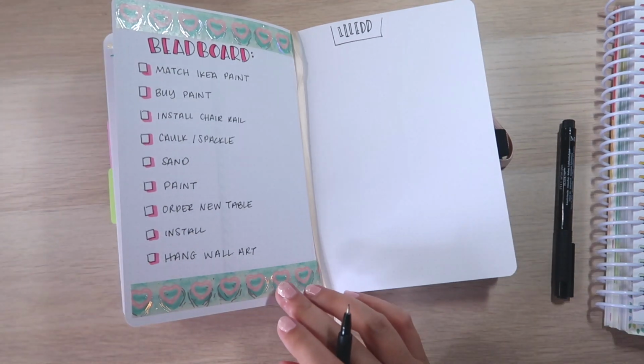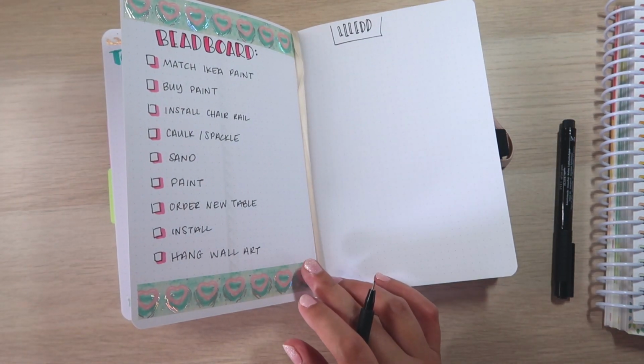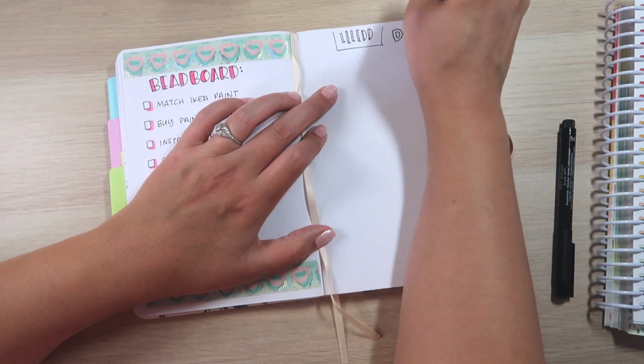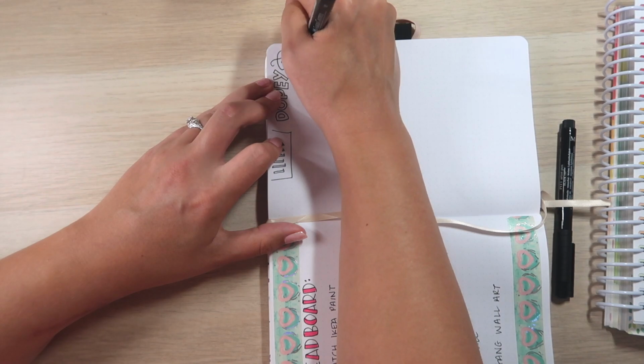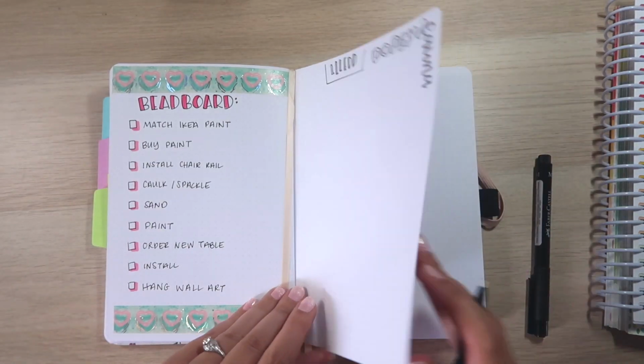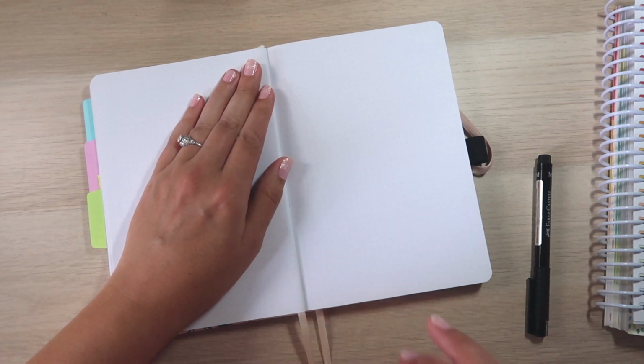I'm not going to put washi because that'll take up extra space. So I'm going to do, again, the two I just did. So Dopey and Fauna. So there's my lettering for the day, and now it is time to create my weekly to-do list, my weekly